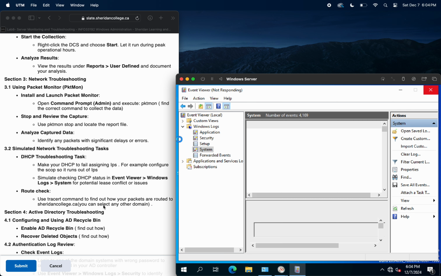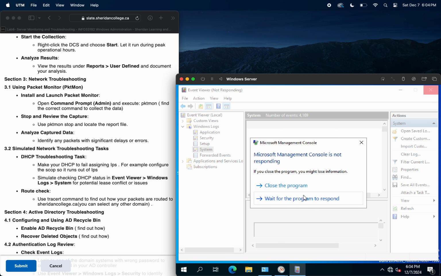For the route check, I attempted to use the tracert command with www.sheridancollege.ca to trace packet routes. However, since there was no internet connection, DNS resolution failed and the domain name could not be resolved. To overcome this, I used the internet outside my virtual machine to manually look up the IP address of the server associated with